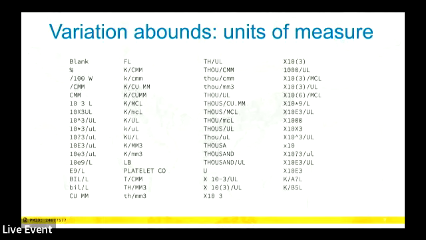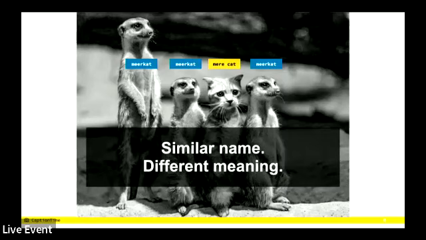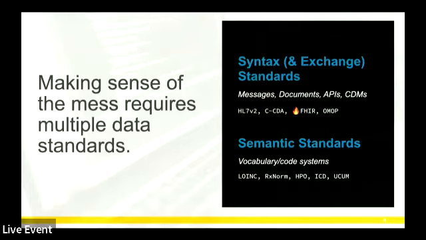We also have to apply this standardization and the use of common terminologies in order to overcome this problem, because what we see is that we want to be able to have our applications and our systems distinguish things that have a similar name but really different meaning. So we want to be able to distinguish the meerkats from the meerkat, because there are big implications if your application gets these things wrong. So terminology standards are the approach that can help us get closer to making sense of this messiness of health